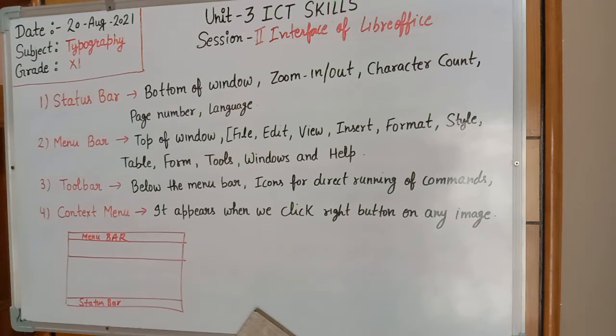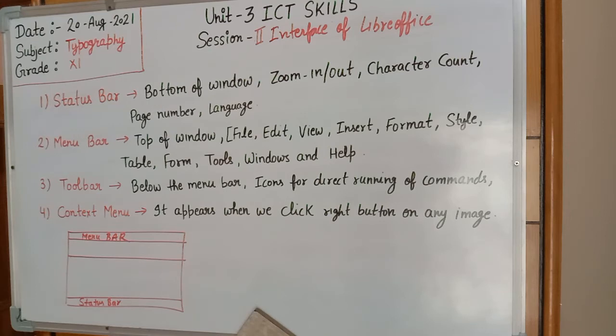And the fourth one is insert. Insert contains different types of additions, like if you want to insert a chart, image, shape, header, or footer. It is your insert option. The format option contains the commands to change the look of your text in a document, like making the text bold, italic, line spacing. And styles contains the commands which set the common style of a document. It specifies the default format of the document.